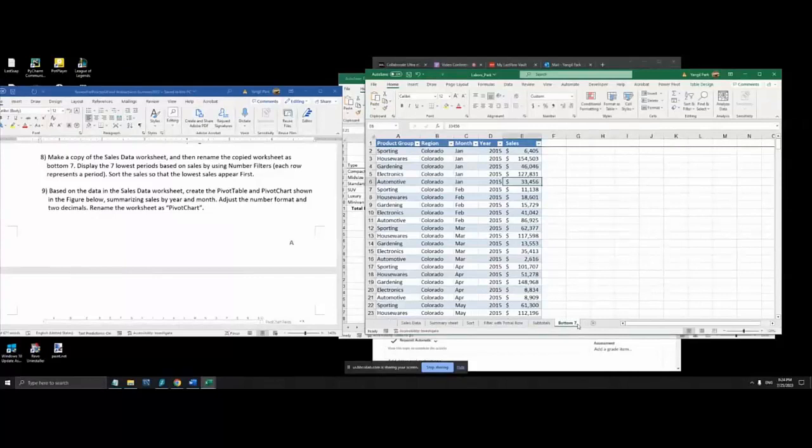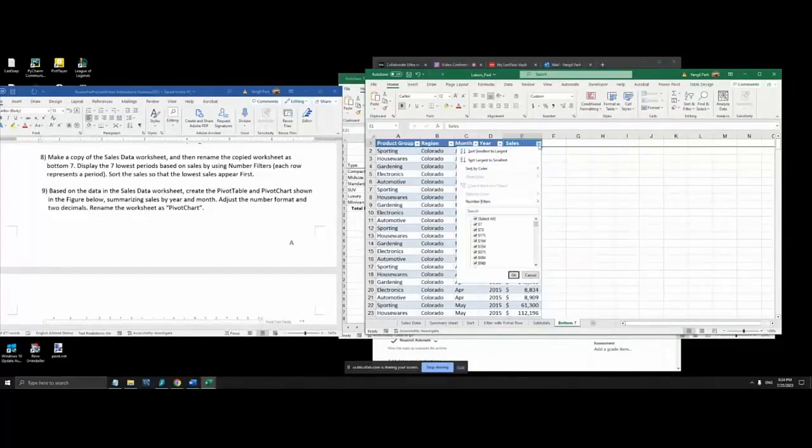Bottom 7. All right, so we're going to filter bottom 7 for the sales amount. That's what Excel will find. We will find the bottom 7 amounts of the sales. So what we're going to do is click this filter drop-down for cells, then look